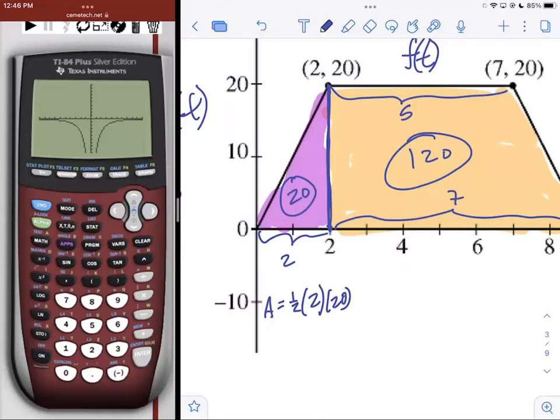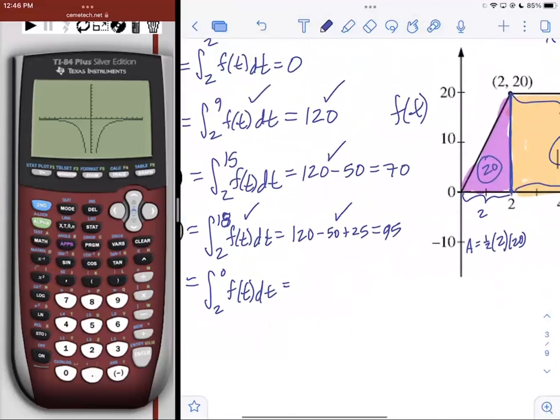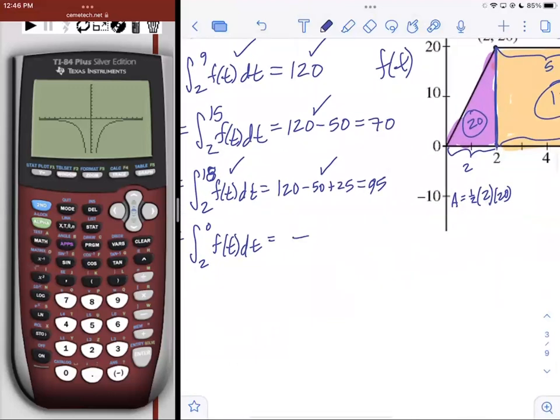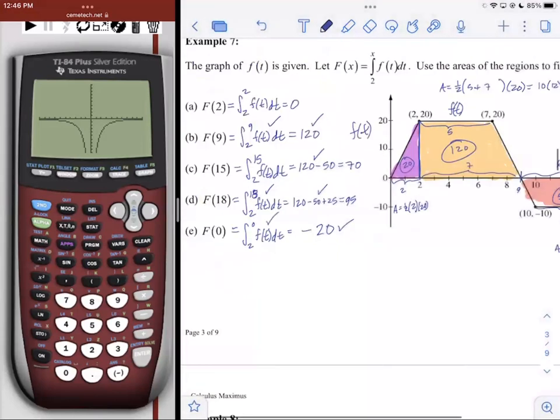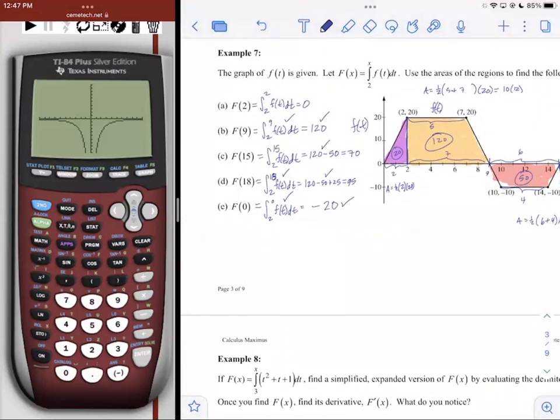The area is 20. But now, since we're going from right to left and it's above, it's going to be -20. Yeah, you got it. See, that's using areas to find integrals instead of integrals to find areas. It's fun. It's easy, right? Okay, cool. So anyway,